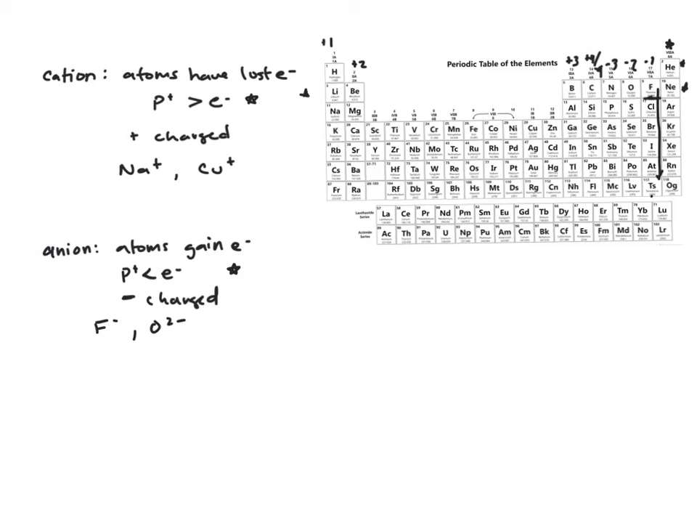So over here on the right-hand side of the table, when I pick up electrons, I'm making it so I have more electrons than protons. Electrons are negatively charged. The more negatively charged things I have, the more negative the charge of my ion is going to be. Conversely, when I lose